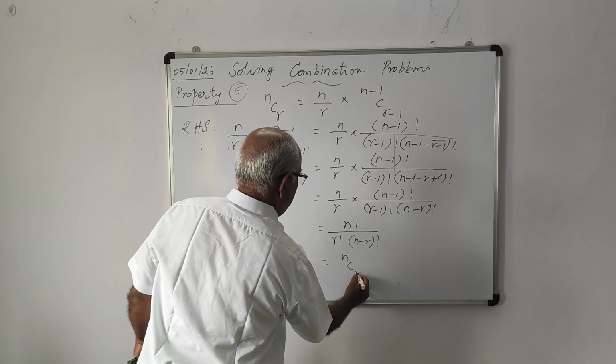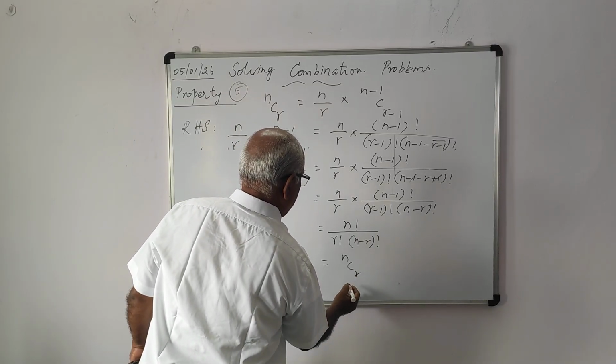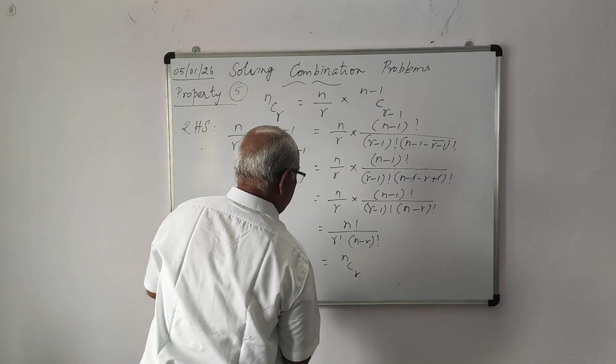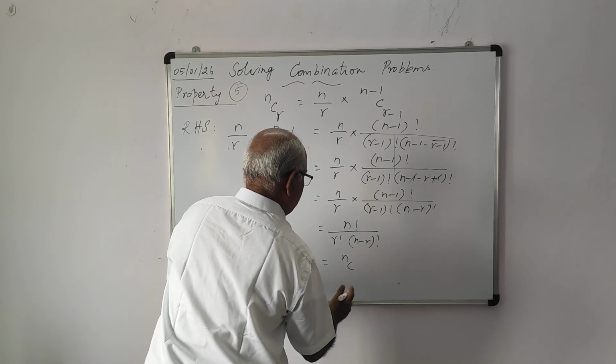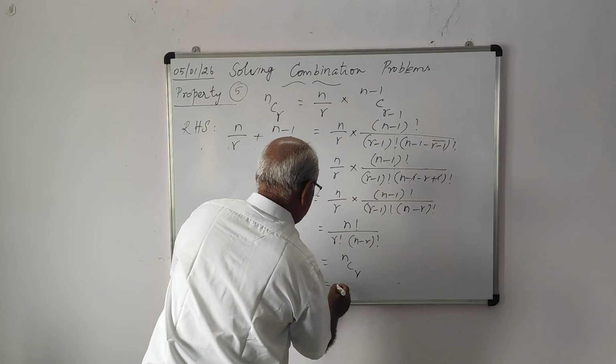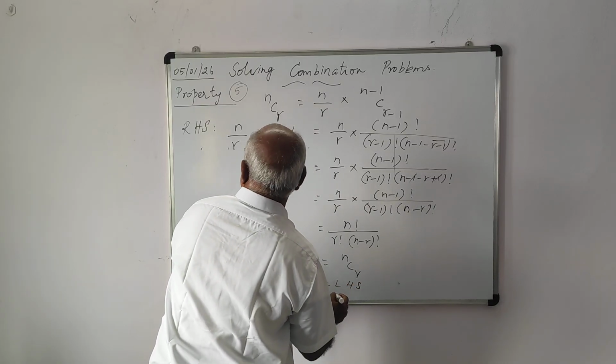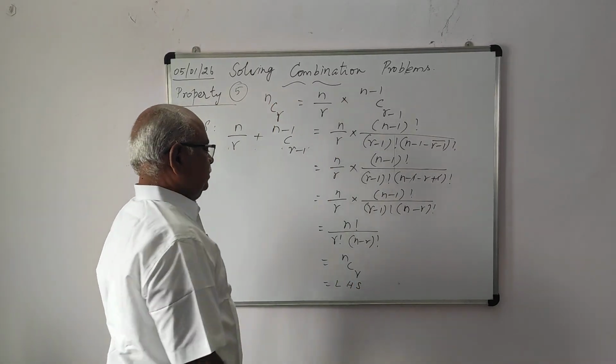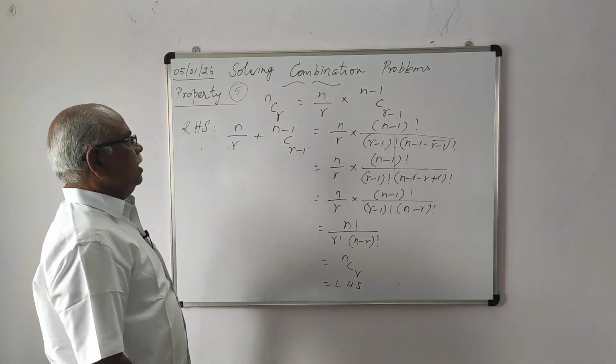This is your left hand side, nCr. This is equal to the left hand side, nCr. That's all about the property. And